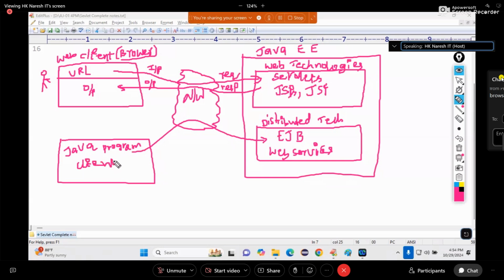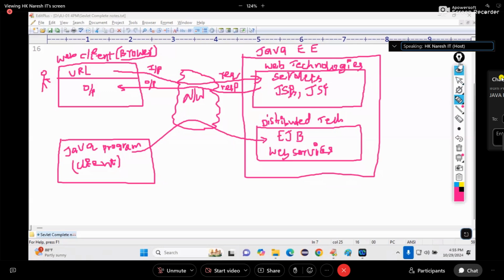What we call it as client. A Java client program is accessing what now? EJB program. Then we call it what? Distributed. So why is it called web technology? This program is accessed via web from the web client. That's why it is called web technology. Distributed technology means it is also accessible via network, but the client application is a Java program. That's why it is called distributed. It is accessible not only within the JVM, it can be accessed throughout the network, directly from the program.